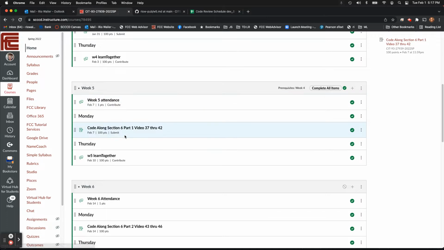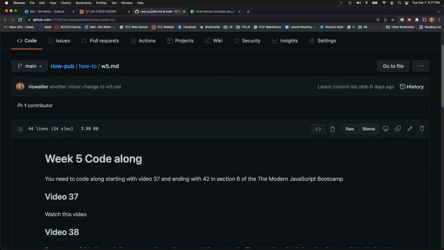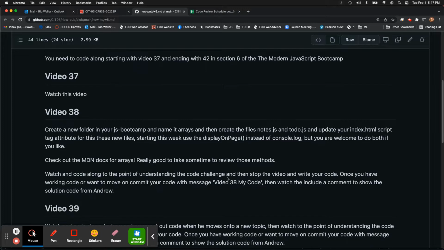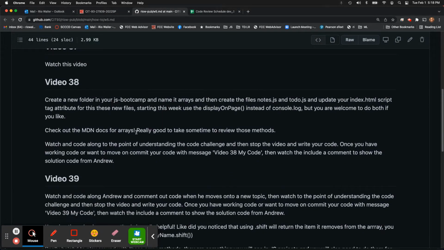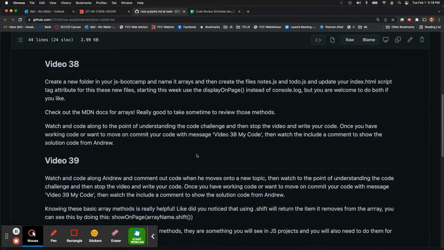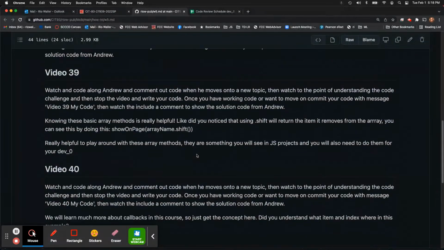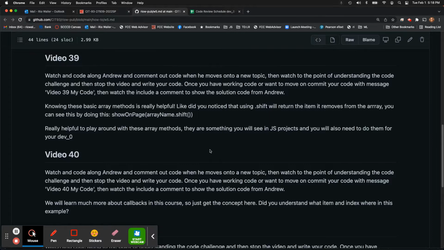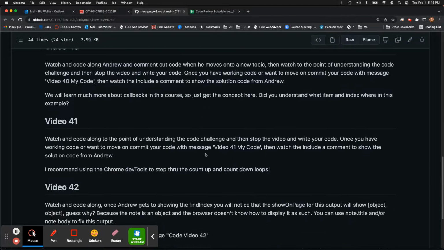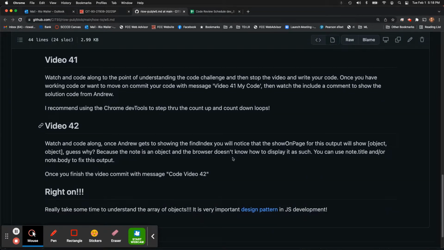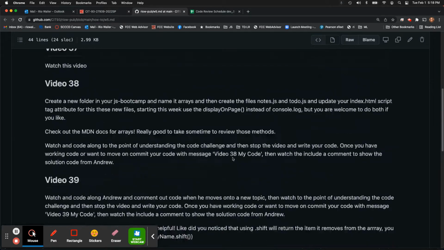Okay, so for our code along, we are moving into arrays. Arrays are just something fundamental to understand in JavaScript, and they're used practically everywhere. So understanding how to do them is really important. I talk about going out and reading the MDN website for more information. It's really helpful. And using the dev tools whenever possible to walk through that code will really help. I talk about this as you're moving through this content.